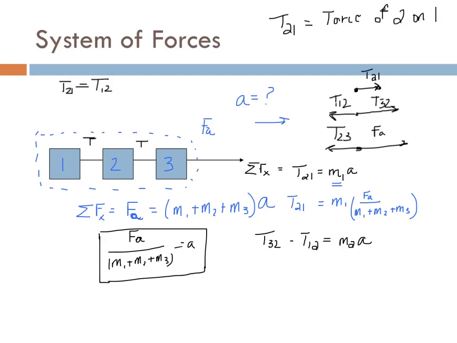Again, I already know what acceleration is, and actually, by this time, I even know what T12 is. The reason that I know is because T12 is the same as T21, which is what we solved for over here. Now, if I want to solve for T32, I can move T12 over,